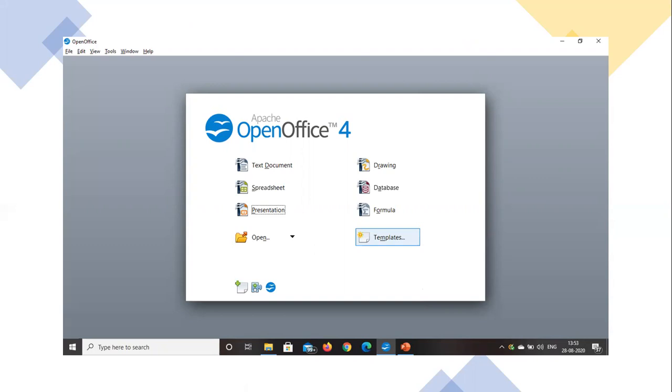We also discussed that it provides several programs in a bundle sold together, and that is what is called a software suite. Here we have text document, spreadsheet, presentation, drawing, database, formula, and also templates. These are several programs that are bundled and sold together.